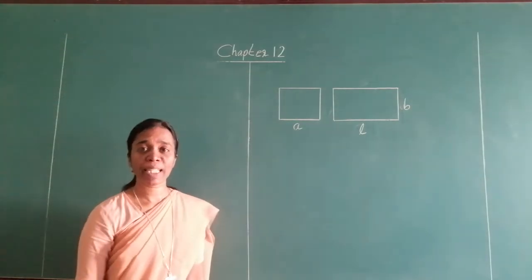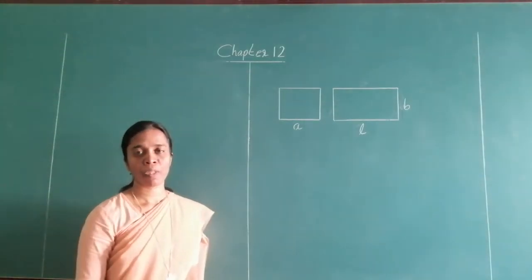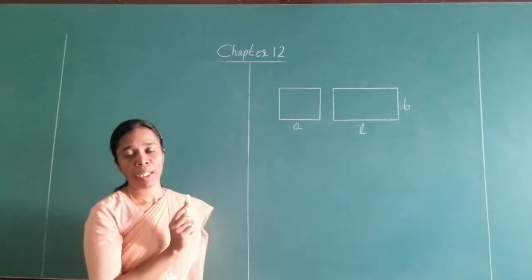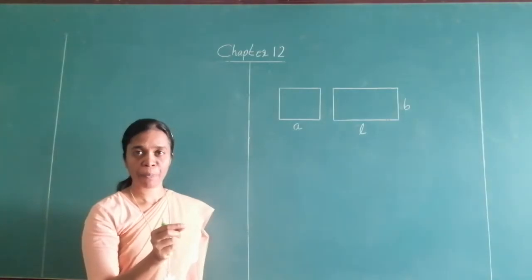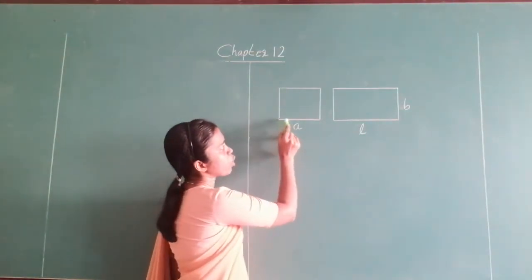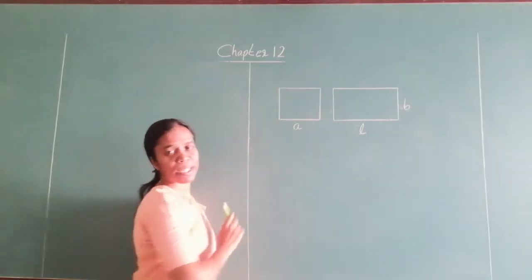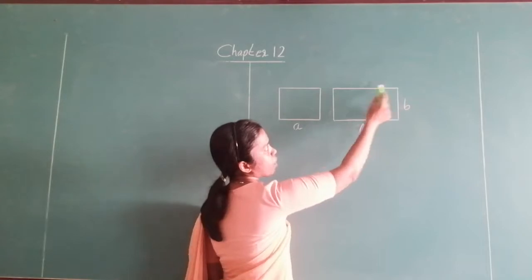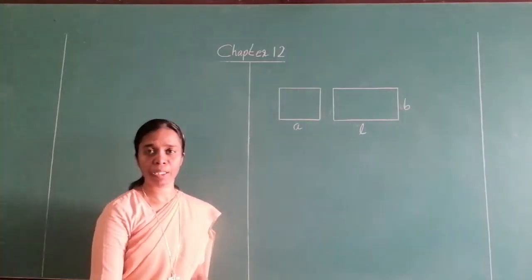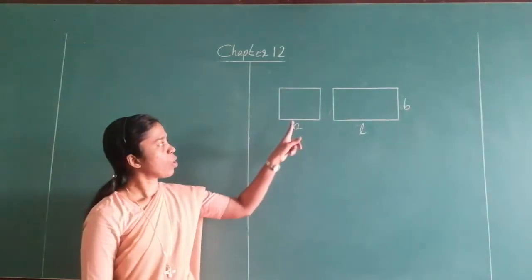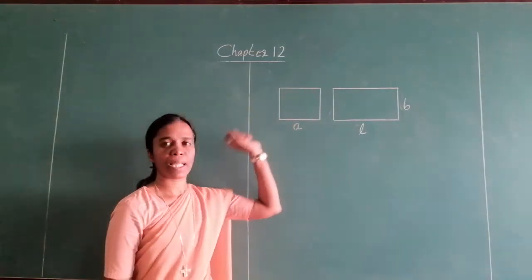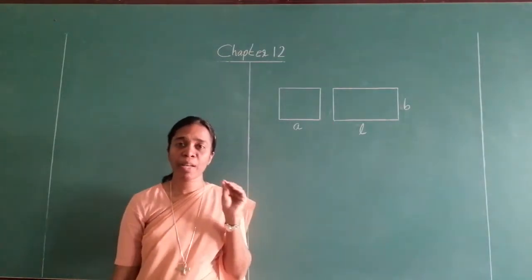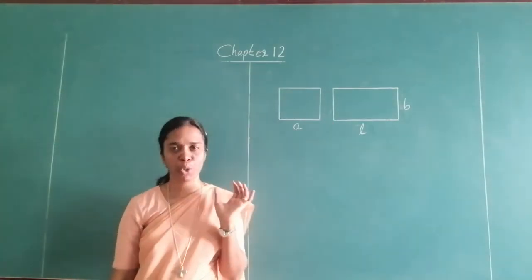Now, what is perimeter? Peri means the boundary, the surrounding. Now, when we speak of perimeter, perimeter is the length of all these boundary lines. Length of the boundary line. The perimeter of this will be the length of this boundary line. That is the sum of all the measures of the sides. Sum of all the measures of the sides, whichever diagram is given to you.